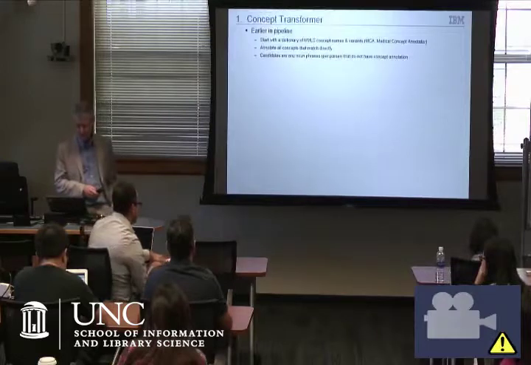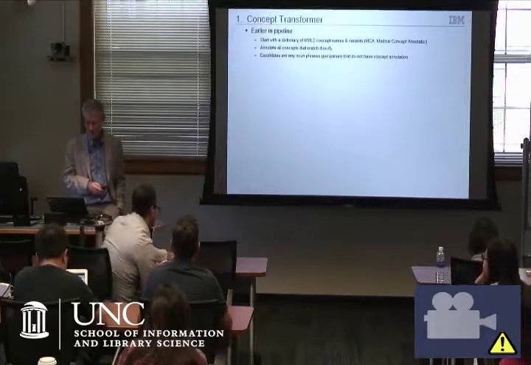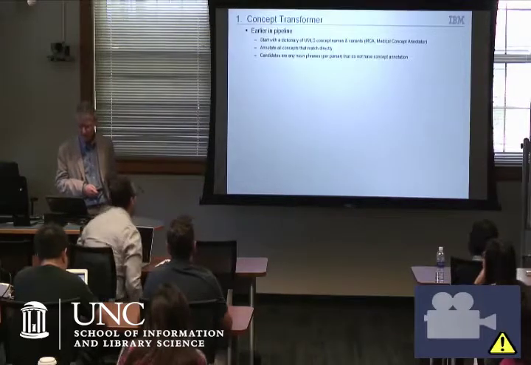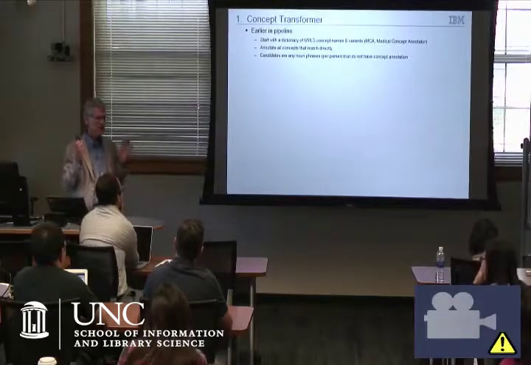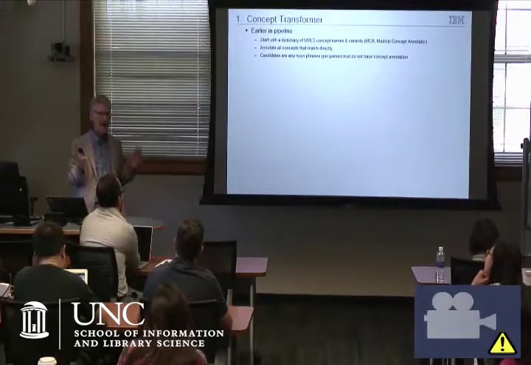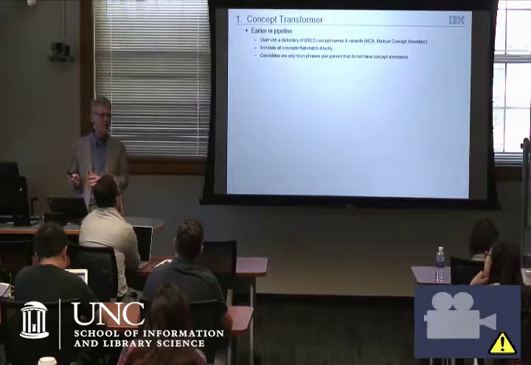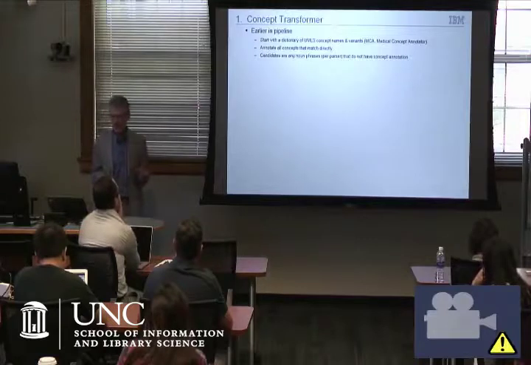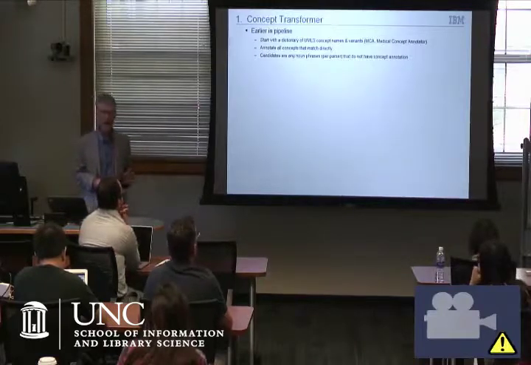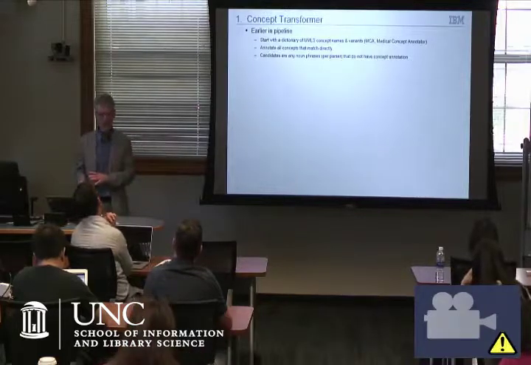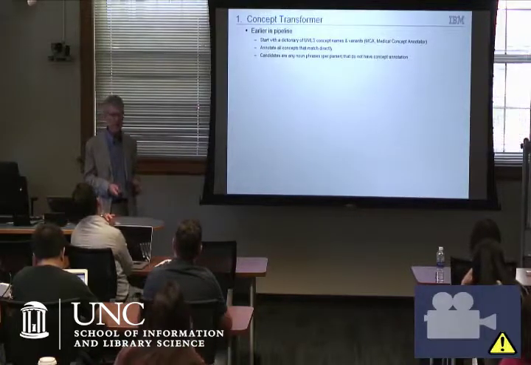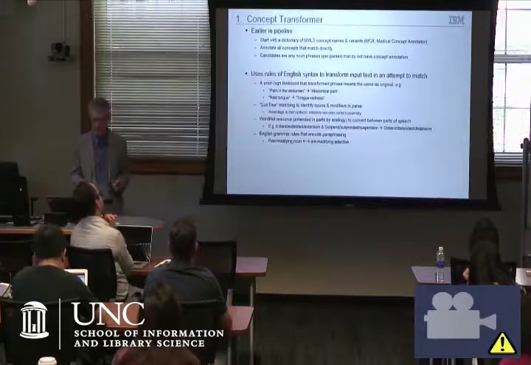So one of the components that we have is something I call a concept transformer, which is to take a term that you encounter in the text that you're processing, and, by using grammar rules, change it into something that is in the dictionary. So you use rules that you know preserve the meaning. We'll see a couple of these. To take something that, if we knew the dictionary entry, we'd be able to say, oh yes, that means the same thing. But the system has to be told explicitly how to do it.